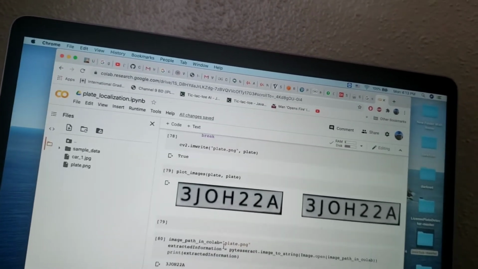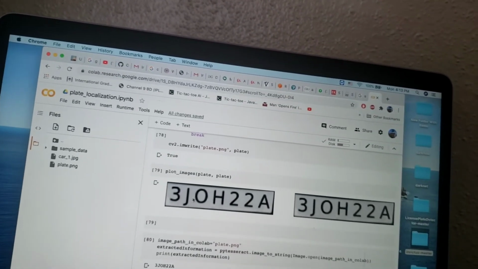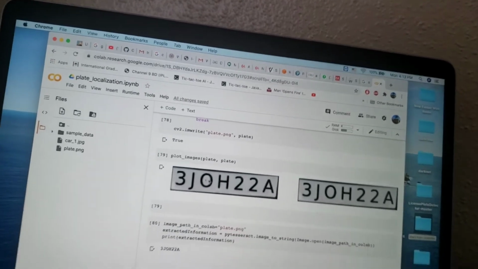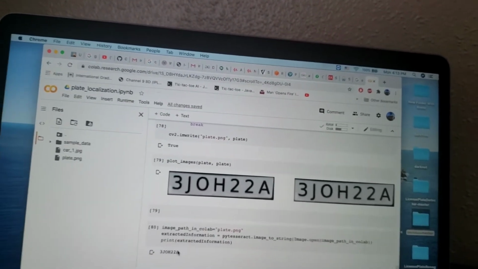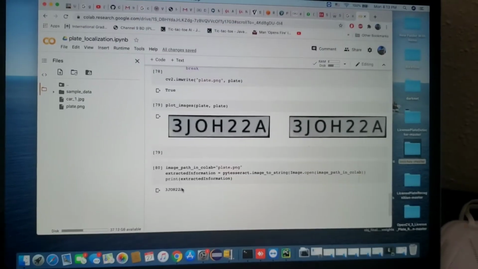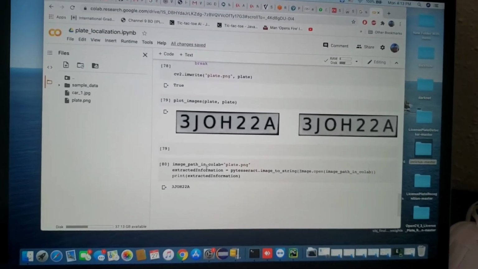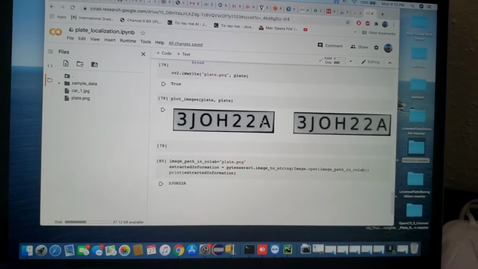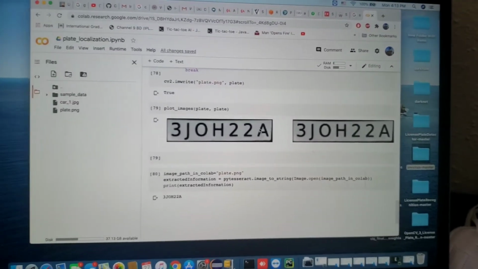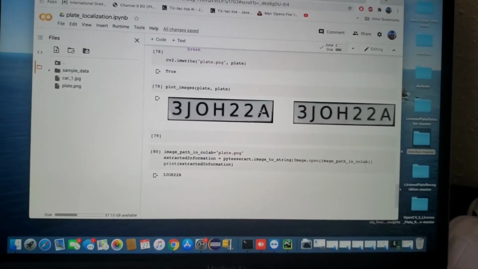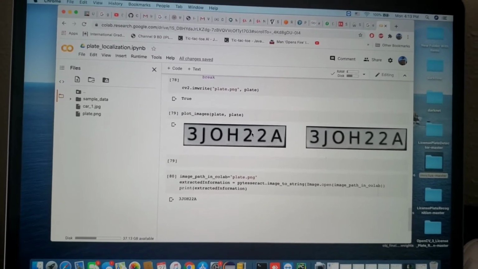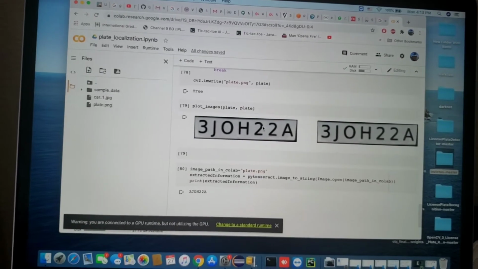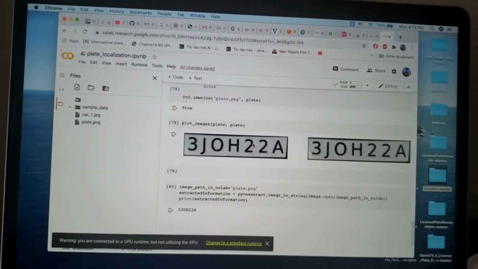After this, once we get this, we can simply transfer it to Pytesseract, and Pytesseract will do the rest. But the problem is, if we have noise, then it cannot be read by Pytesseract itself.